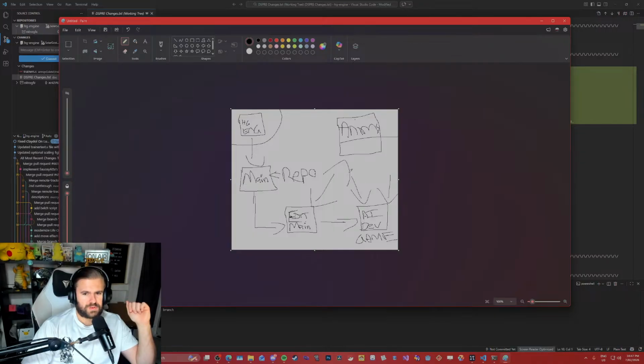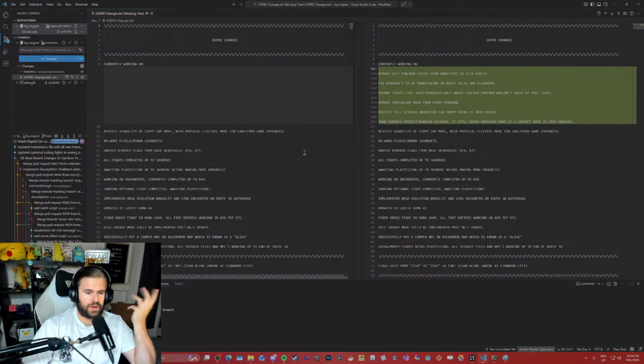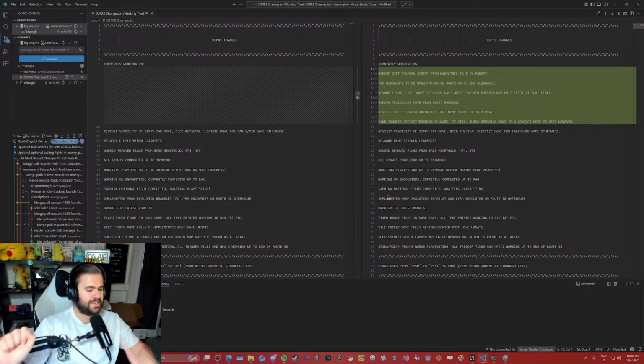Right? And this arrow is already in the right direction. You don't push the animations into the AI branch, because everything will go to main. So you pull anything that's important from here, make your main game, send it to the AI, add the AI over the top, and then make the game. So you're telling me that the rebase is to prevent this massive collation of events, right? But I only know how to do it this way, so I just want to stick to it, because otherwise I'm going to get more confused.